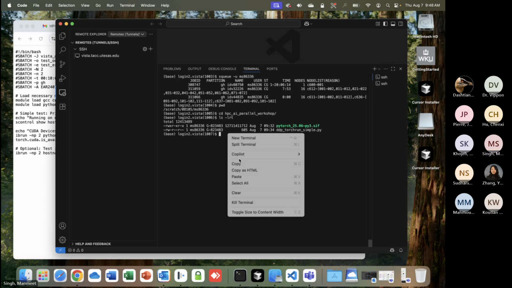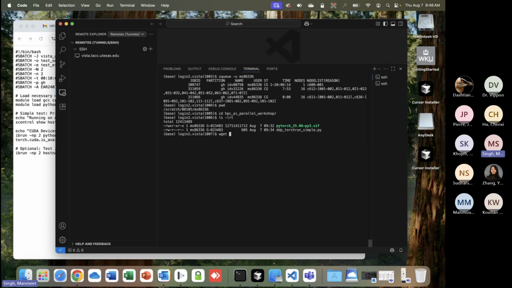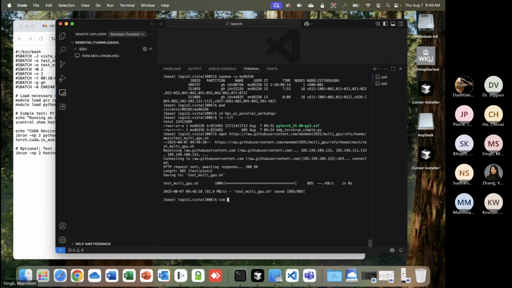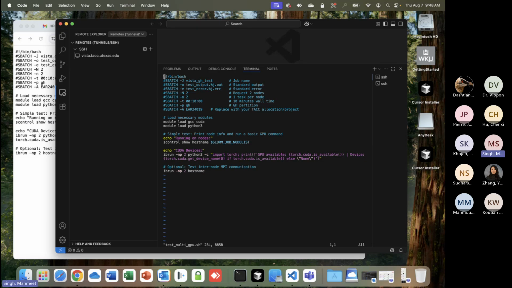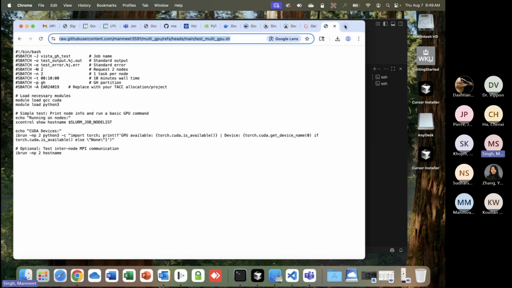Okay, so let us get this code, test multi-gpu.sh. You can see that in this code, the first step that we are doing is we are trying to see if the GPUs are available. And now we are trying to see if both the GPUs are available at the same time together. The only thing that I might have to change here is